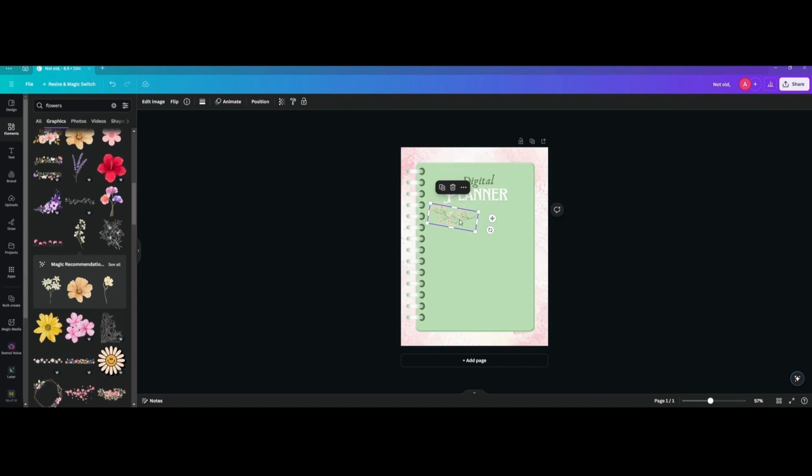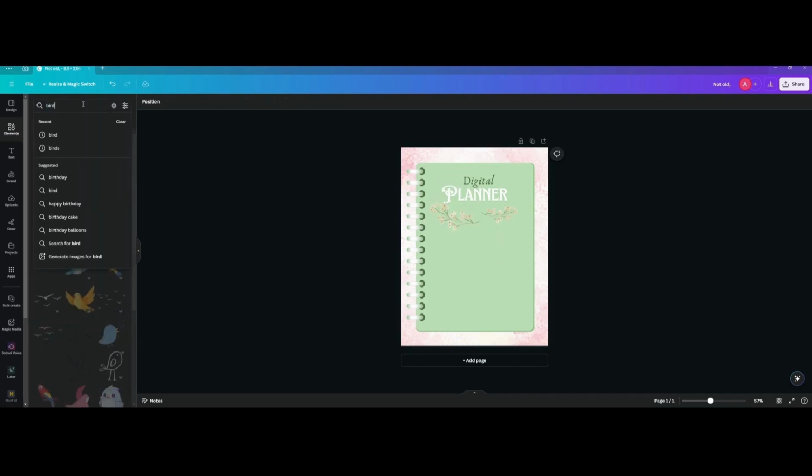I'm gonna duplicate the flowers and I'm gonna go here, flip vertical. I'm gonna make this smaller, rotate, maybe something like this, and make this bigger, rotate, maybe also this a little bit rotate. Okay, like this. Now I'm gonna write words